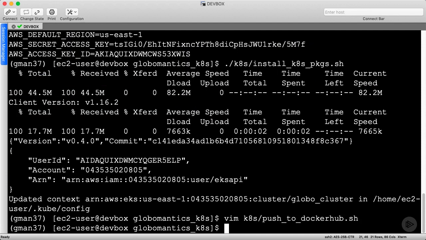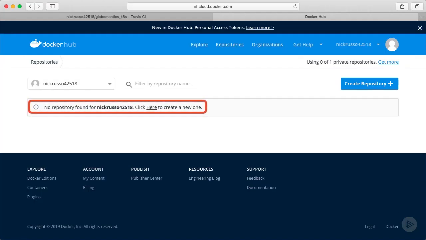I'm not going to run this script locally because it might look like I'm cheating. If we push the image up from our dev box and Travis fails to push its image up, then we might get a false positive. Let's quickly check Docker Hub to ensure that my account doesn't have any existing images. Okay, great, nothing here. I deleted all existing images from my account just to prove that our CI/CD pipeline will work.